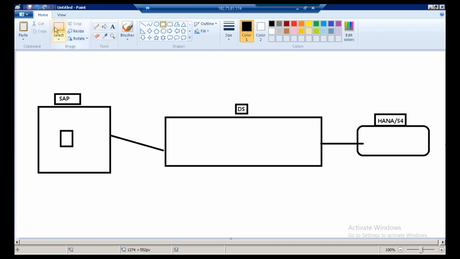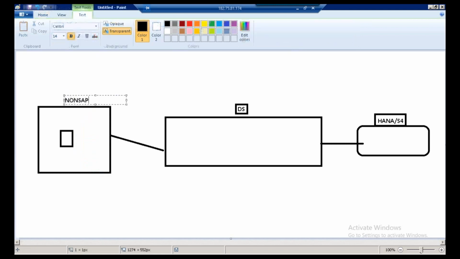It's not SAP, sorry. On a non-SAP system, that is MS SQL,